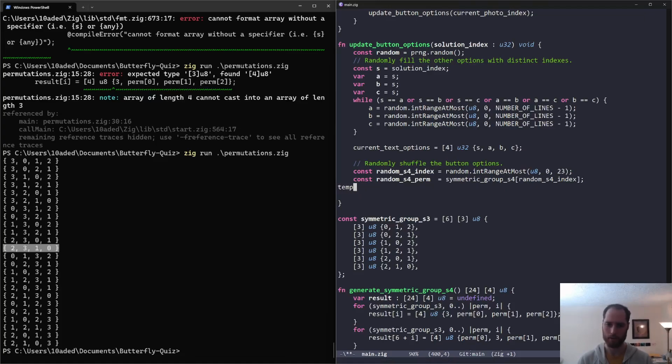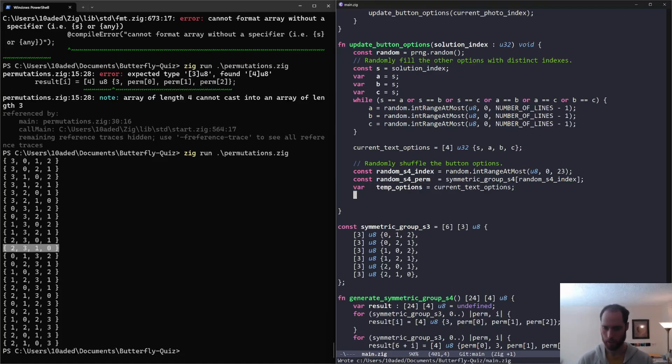There's an easy way of doing this. Just say the temp options is equal to, simply clone it. Clone the current text options, and then, okay, at